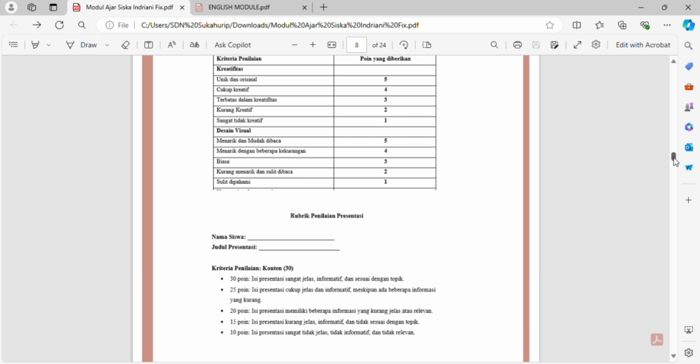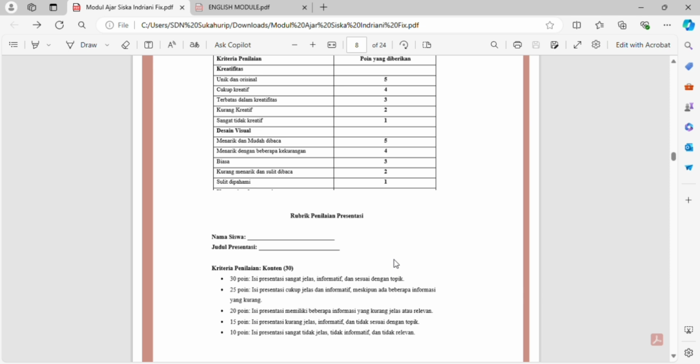Okay, the next, objectives of presentation assessment rubrics, like this. Presentation assessment rubrics are tools used to evaluate the quality of a presentation. They consist of a set of criteria that are assessed on a specific scale.